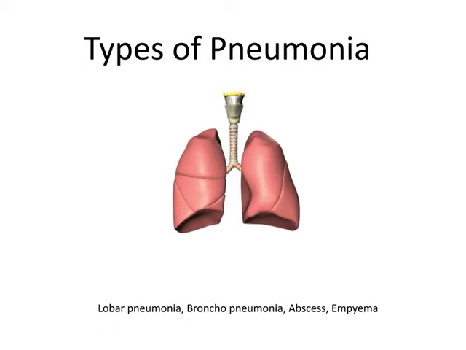In some cases of pneumonia, a large collection of fluid and pus called an abscess may form inside one of our lungs, and if the same abscess forms around the outside of our lungs, it's called an empyema. You can actually make out this pink colored patch on the lung, which is called an empyema.